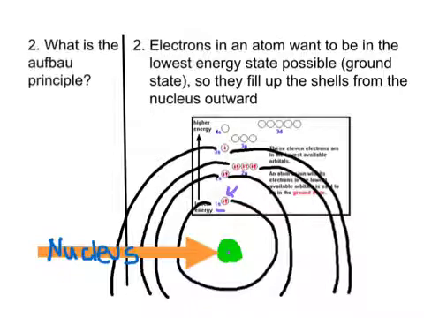Now once those two spots are taken up, any other electrons in the atom are going to have to go to the next shell. So the next shell that's going to be filled up is the 2s. We're in the second shell, in the S subshell, and here again is our orbital with the two electrons in it that are filling up that subshell. If the atom has more than just 4 electrons, 2 in the 1s and 2 in the 2s, then they have to go to the next level out, which is again the second shell,